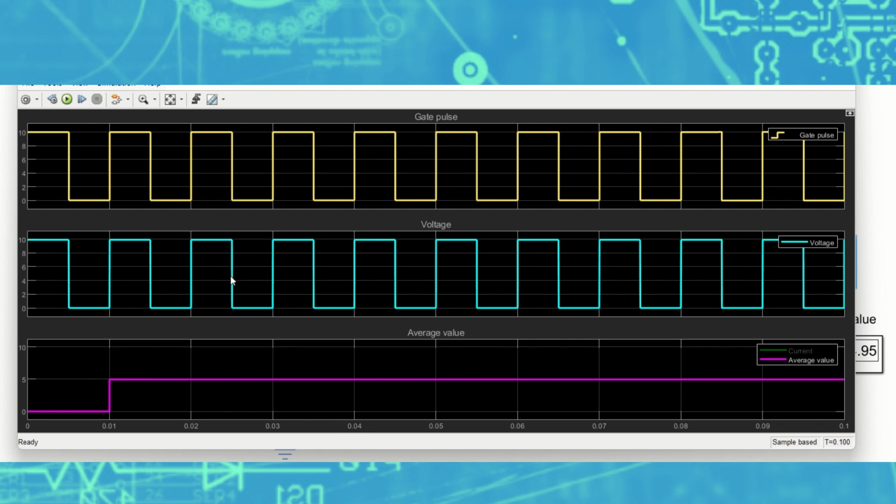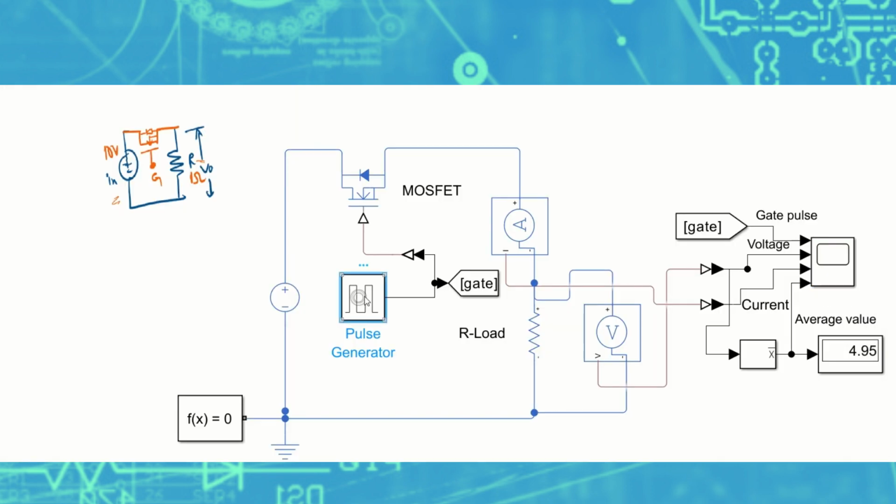For that we will add L and C filters in the circuit, but just for explanation sake, as far as the duty cycle concept is concerned, I haven't put any filters in the circuit, just to understand this concept of duty cycle. But as I was telling, loads are not preferred for operation with this kind of output voltage. They want a more smoothened waveform, like this kind of waveform, DC voltage. Okay, now what I'll do is I'll change the